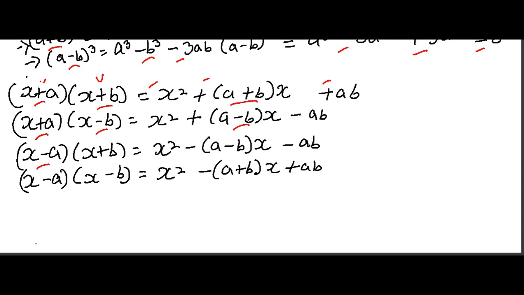Third is x minus a into x plus b. Here what you get is x square minus, now see here it is minus a minus b into x and minus ab. And the fourth one is x minus a into x minus b. We get x square minus a plus b into x plus ab. So these 4, if you remember all together, it's easier to remember. One last one we have to know is